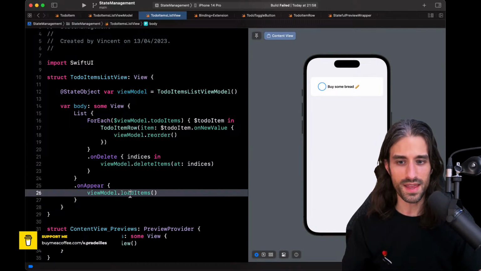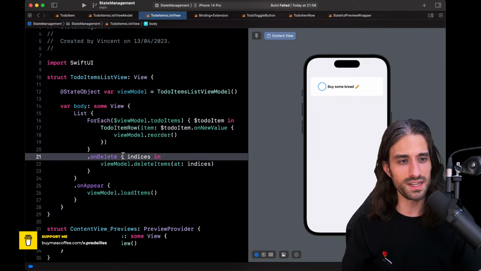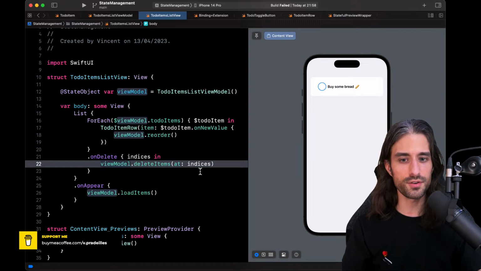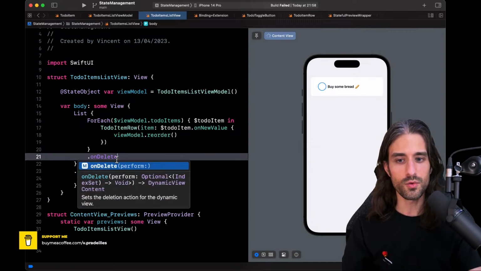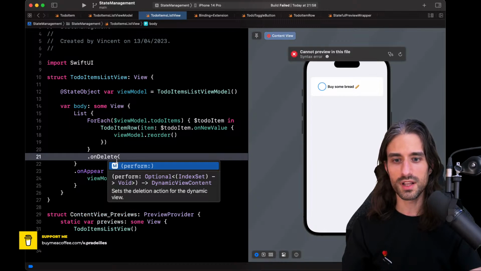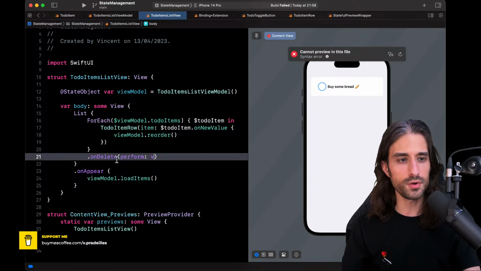Perfect. And you can notice that here I am defining a closure just to call a method with the exact same signature as the closure. So we can go for another shorter syntax, which is what's called the point-free syntax.